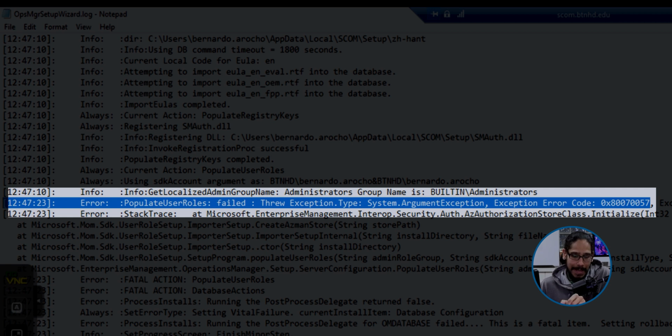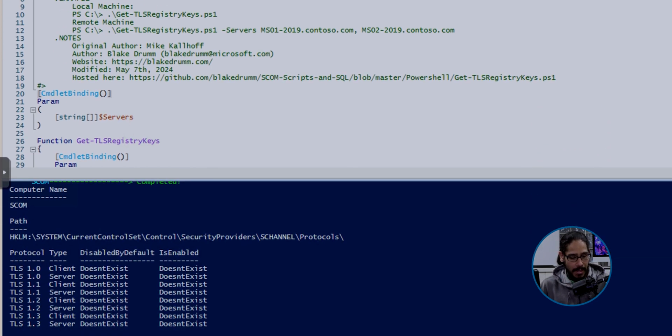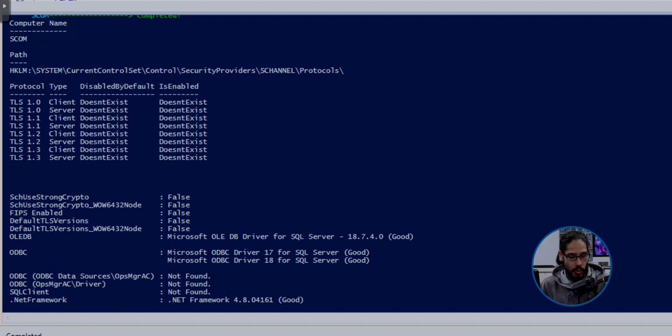And when you do a lot of Googling, this right here is because TLS needs to be enabled within your SCOM server. So when you do a lot of Googling, a lot of people tell you do this, do that, do this. I was able to find two great PowerShell scripts. One actually tells you the status of your TLS, and the other one configures your TLS for your SCOM. The first one is this one right here, which I will provide the links to my GitHub to these PowerShell scripts so you guys can have access to it. But when you run it, it basically tells you that almost all the TLS are not enabled at all on your server.